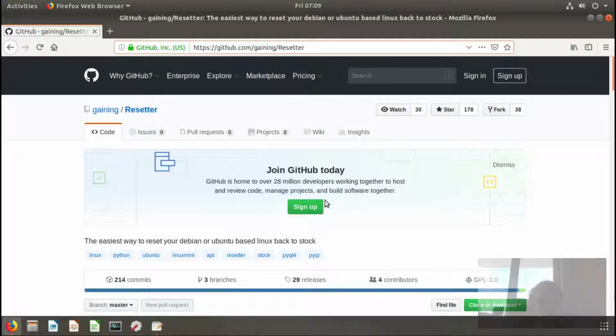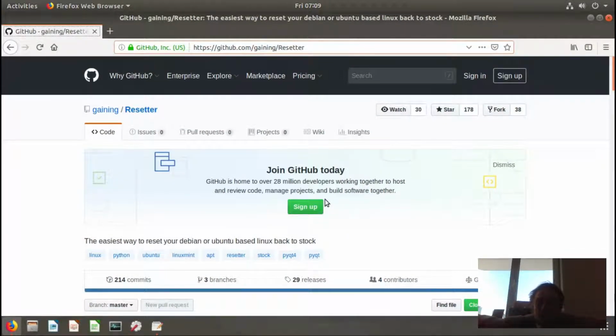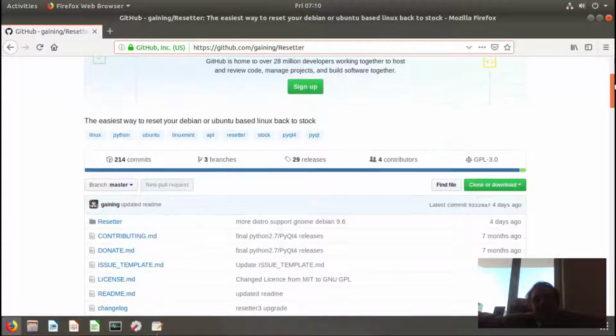Hello. Today we're going to look at how to factory reset. So we will remove everything from a computer. It will even remove many of the apps by default, even LibreOffice and things like that, which you can choose at a certain point what apps you want to remove. So it will remove everything on your computer, user accounts, home folders, data, everything. It will be a complete factory reset of your computer. So the only thing it doesn't remove is Ubuntu, basically.